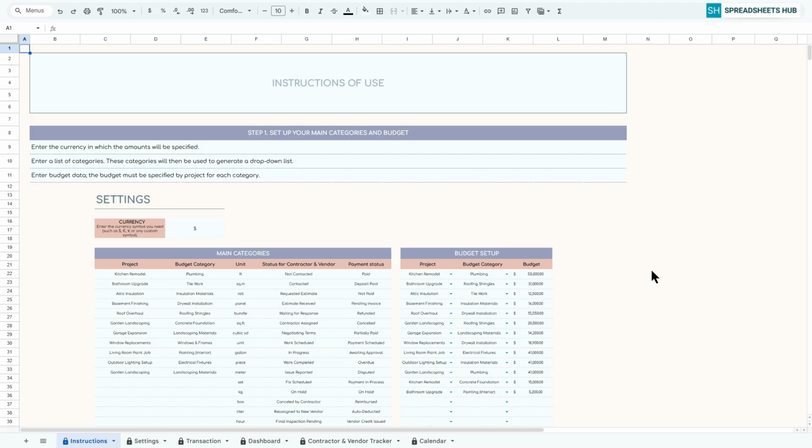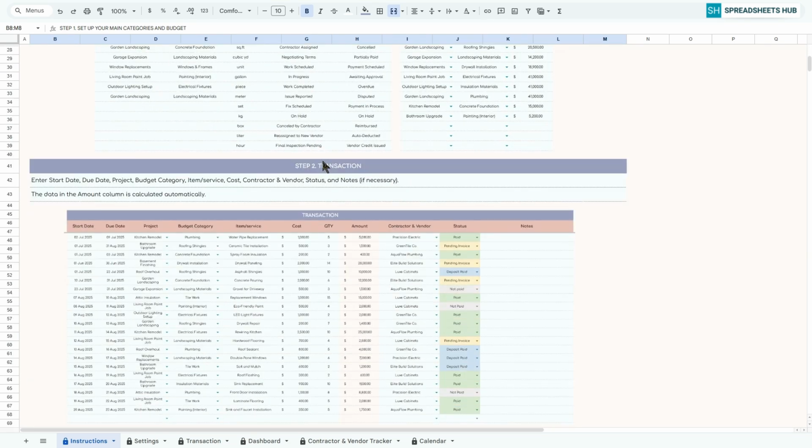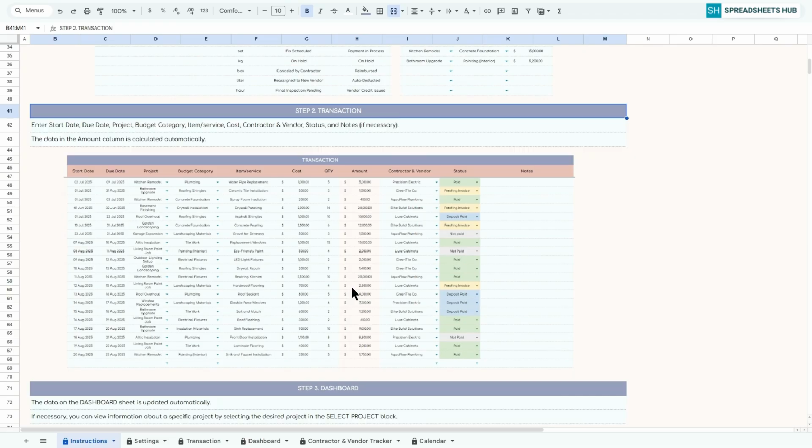Before getting started, take a moment to read the instructions on the first page. They'll guide you through how to use the template effectively. The first step shows how to specify the main categories and plan your budget. The next step shows how to specify current data for projects and explains why it's important to track all transactions